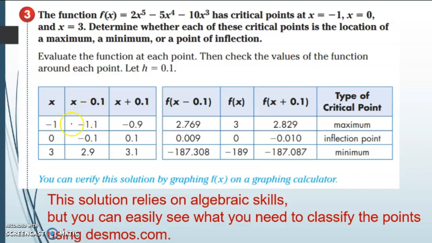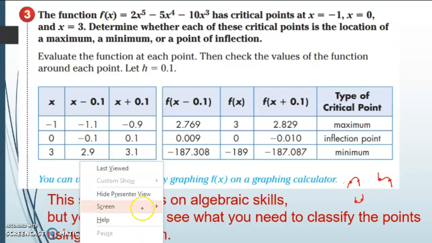So they do 0.1, -1, -0.1, -1.1, -0.9. So they find out, are each of these lower than that? If they're lower on either side, then it's a maximum. Then they find out if these 2 points on either side are higher, then it's a minimum. If you've got one higher and one lower, that's a point of inflection. But